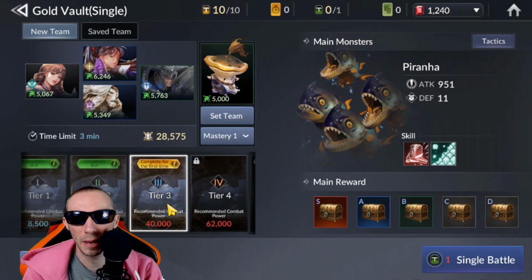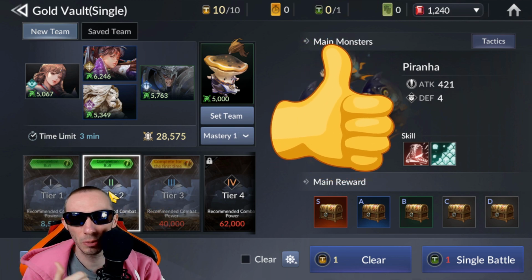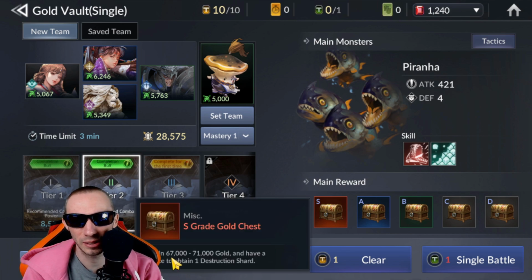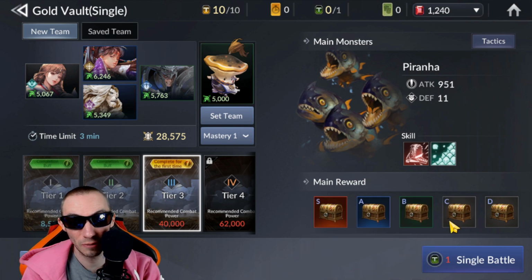Also, another thing that I want to mention is even if you are a lower power than what is recommended, you should still do the highest tier. This is a good instance for tier 2 to tier 3. If we were to just auto clear tier 2 and we would get an S, we would get between 67,000 and 71,000 gold. But even if we just got the worst possible grade on tier 3, you'll notice it's literally the same. So you honestly can't go wrong doing the higher tier, because you have a chance maybe you get the